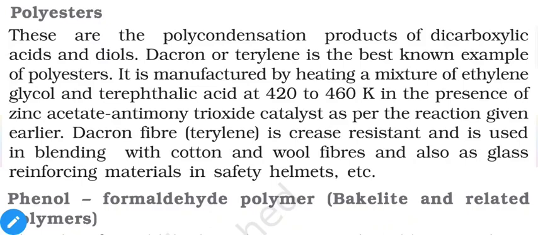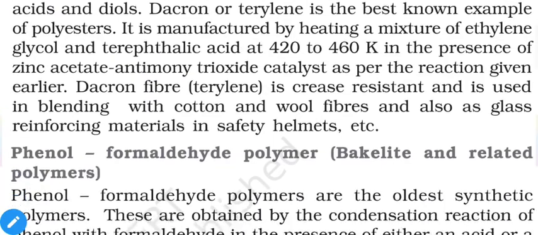Now the next category is polyester. So as the name suggests, it contains multiple ester groups, and to form ester group we need carboxylic and alcoholic groups. So that means this type of polyester can be obtained from dicarboxylic acids and diols. We already discussed this type of example in the previous point, Dacron or Terylene, so no need to repeat it again, but some basic details are mentioned for this type of compound. So let us move on to the next example.